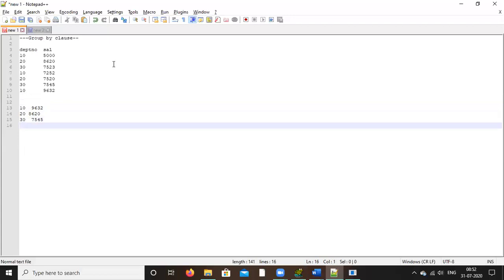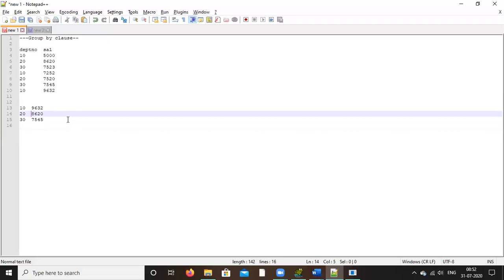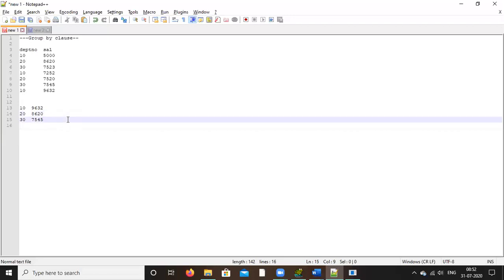So now what happened here? When we did only maximum salary, you can see only which is the maximum, that is only salary, 9632, done. But if you're doing department wise maximum salary, you just grouped similar departments in one.